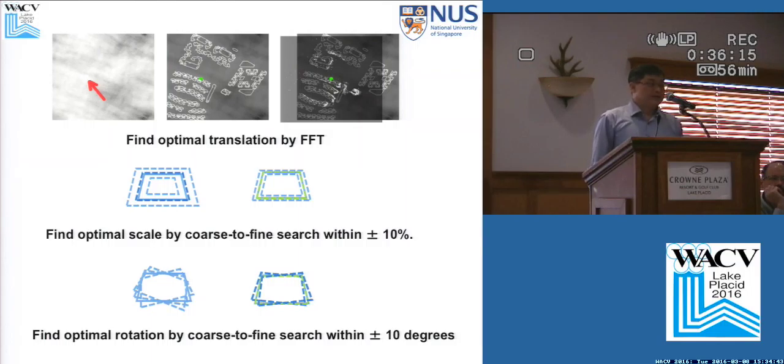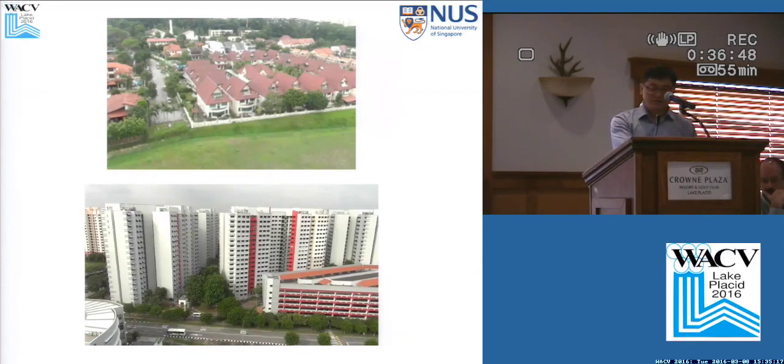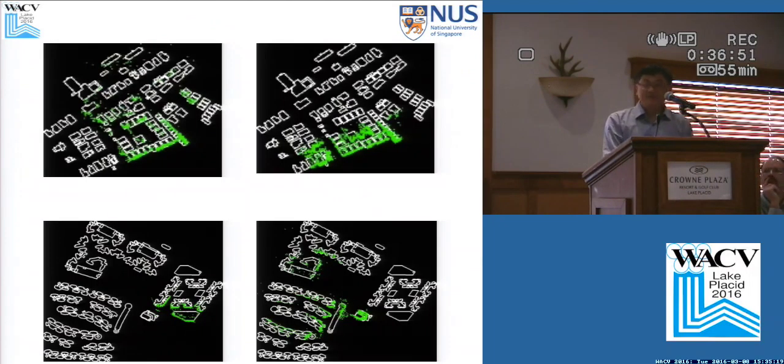Now, we tried a few methods. The one that works well is actually the matched filtering approach. Matched filtering. So we exhaustively go through the different uncertainties in the scale and the rotation, and then we try to find what's the global minimum, global maximum, and globally optimum kind of matching through matched filter. And matched filter is essentially a correlation process that can be done most effectively using FFT. So that's what we did, and we tried on images like that, low-res building, high-res buildings, and we get reasonably good results for